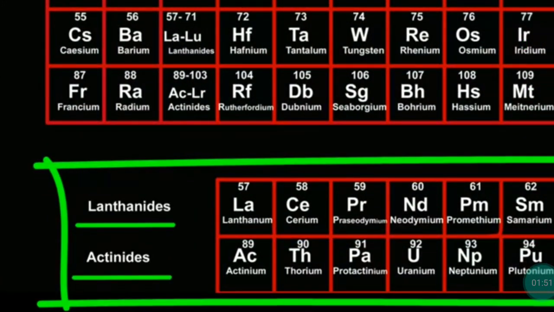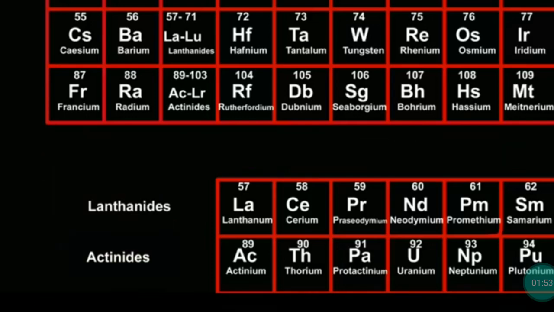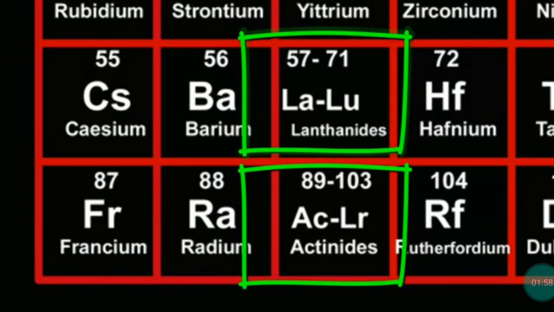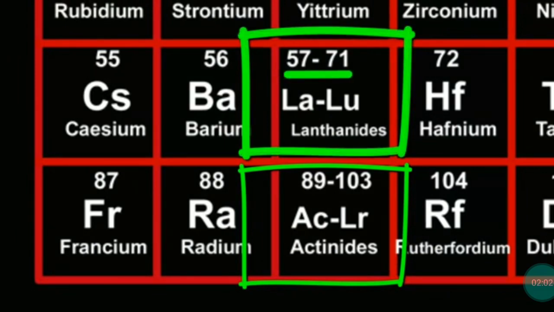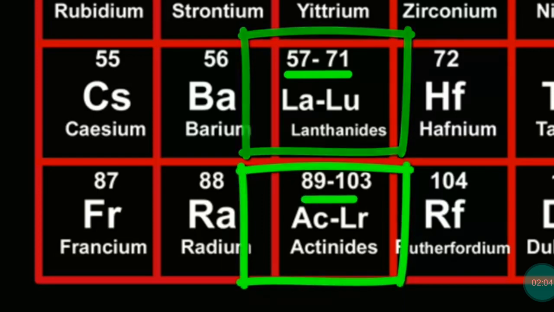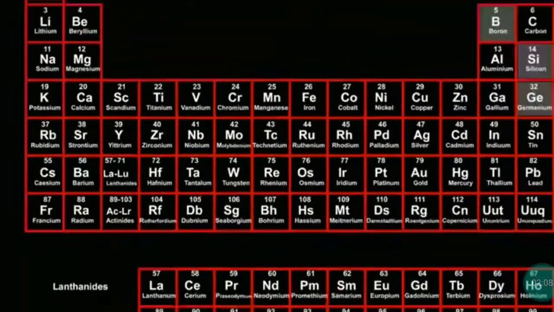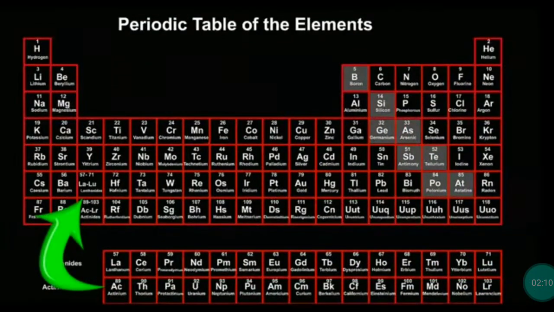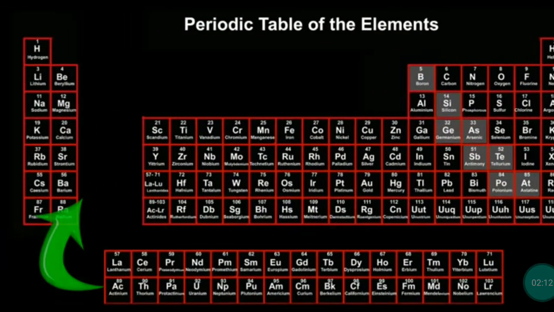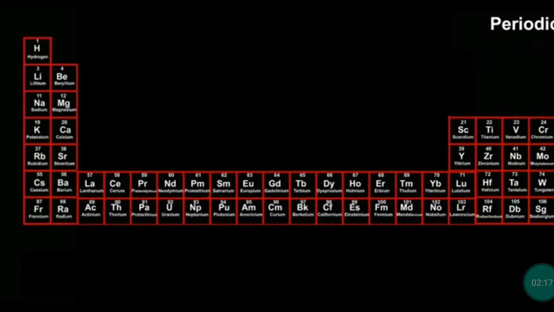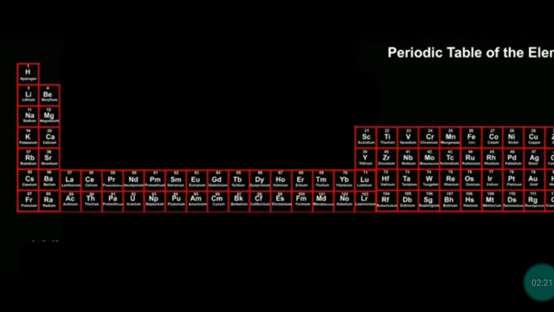What about these last 2 rows? They are lanthanides and actinides. They belong to group 3 from these places. The lanthanides are the elements from 57 to 71, and actinides are the elements from 89 to 103. Let us wind up the periodic table, taking this series in. This arrangement makes it easy to count how many elements there are.